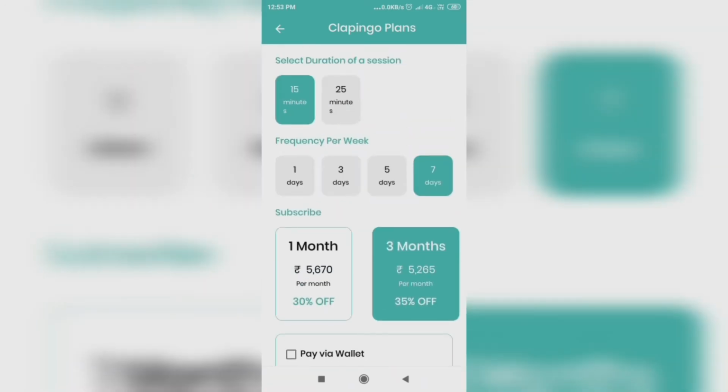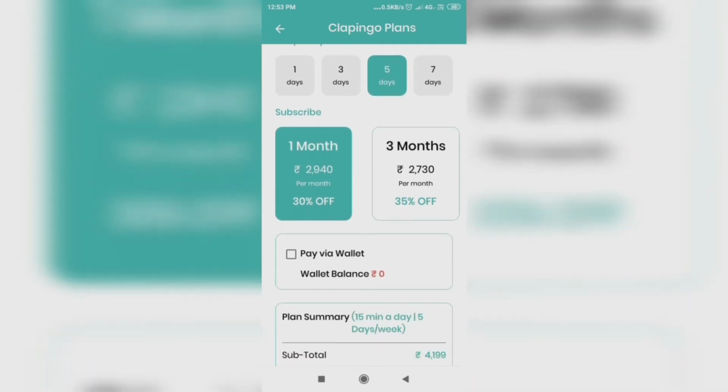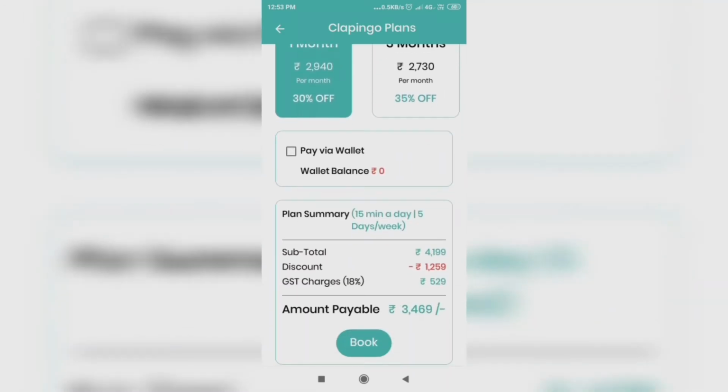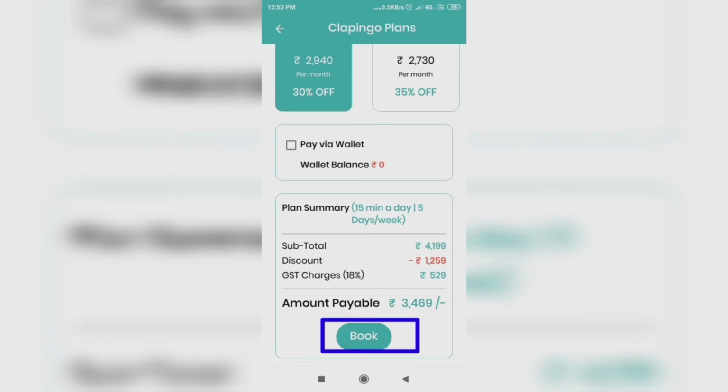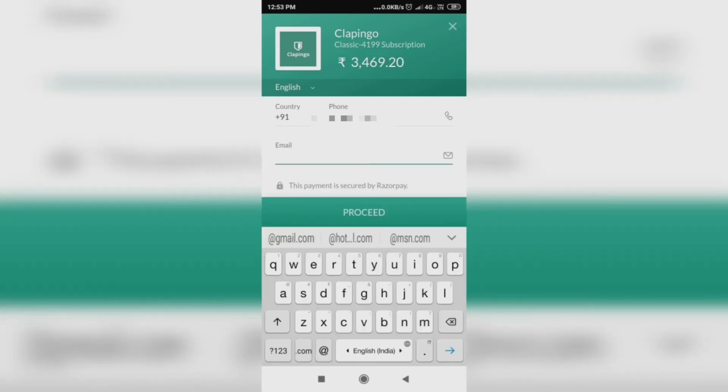Now I select 15 minutes for 5 days for a month. Now I have to pay 3469 Indian rupees, including 18% GST charges. Now you have to select the book option. You have to put in an email. Then after typing your email, click on proceed.